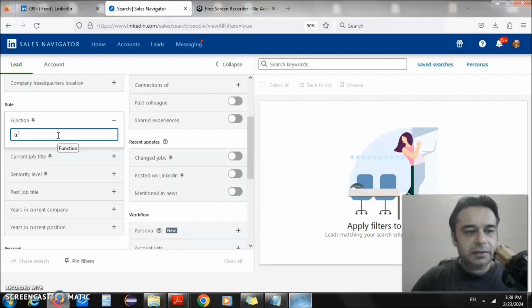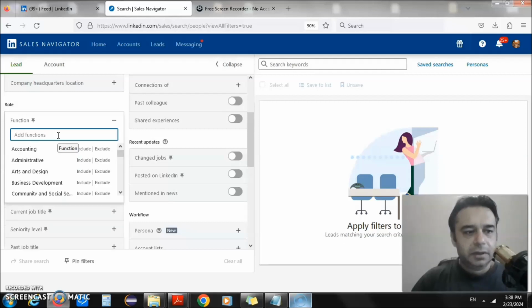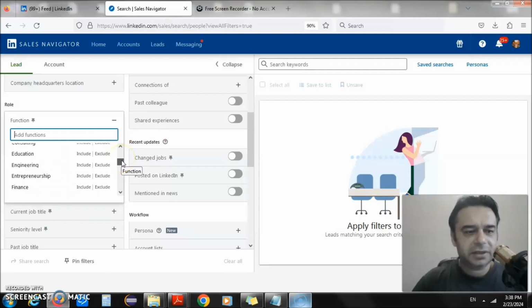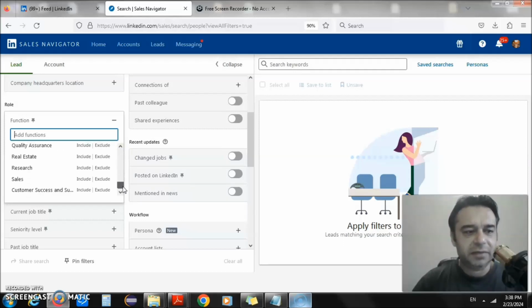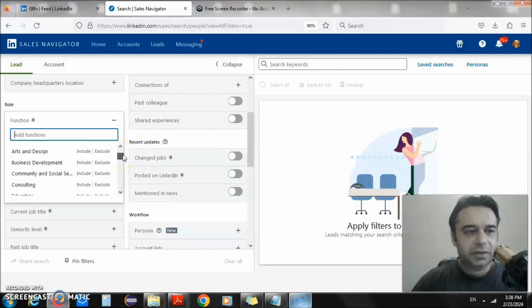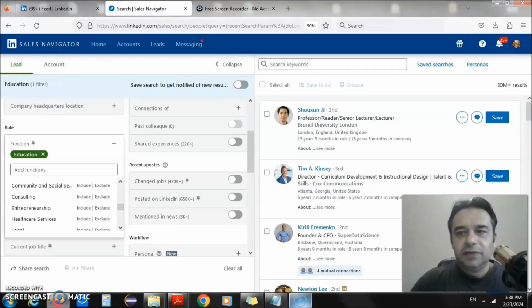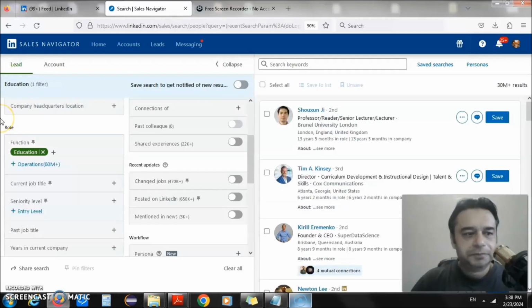Okay, and let's see here. Okay, fine. So let's scroll down. Consulting. Okay, fine. So that is the function. So function, let's go for the education. Yeah, because in the job title we can be more specific, whether the training manager or other type of function. So let's go for the function here. Function is the education. Okay, and once we have put the filter,